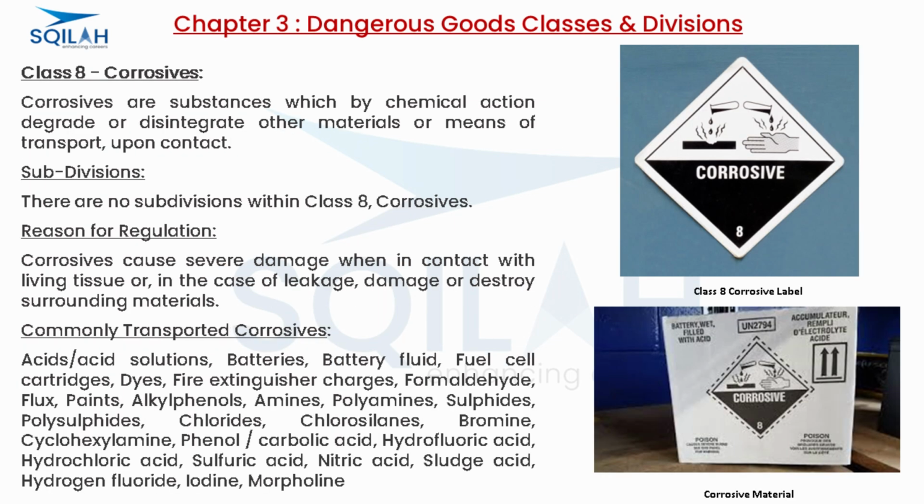Class 8, Corrosives. Corrosives are substances which by chemical action degrade or disintegrate other materials or means of transport upon contact. Subdivisions. There are no subdivisions within Class 8, Corrosives. Reason for regulation. Corrosives cause severe damage when in contact with living tissue or, in the case of leakage, damage or destroy surrounding materials. Commonly transported corrosives: